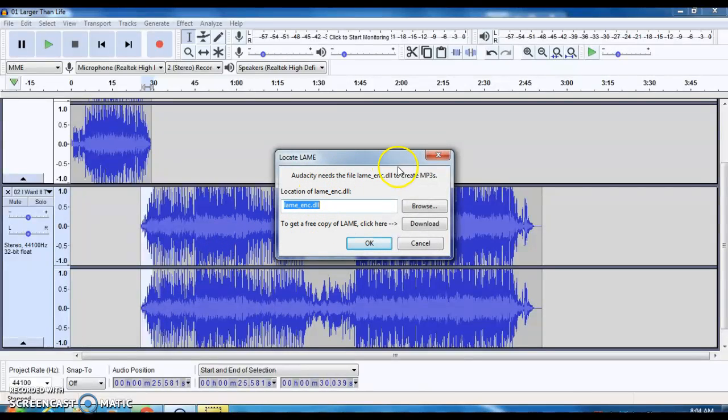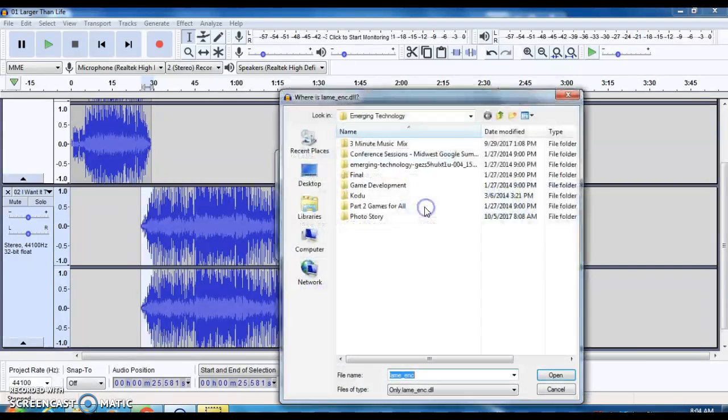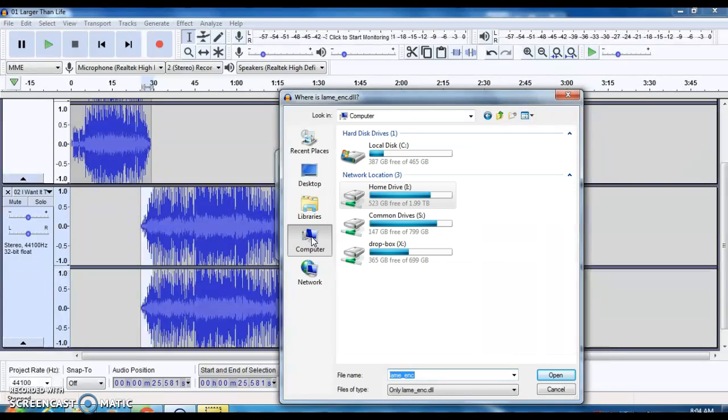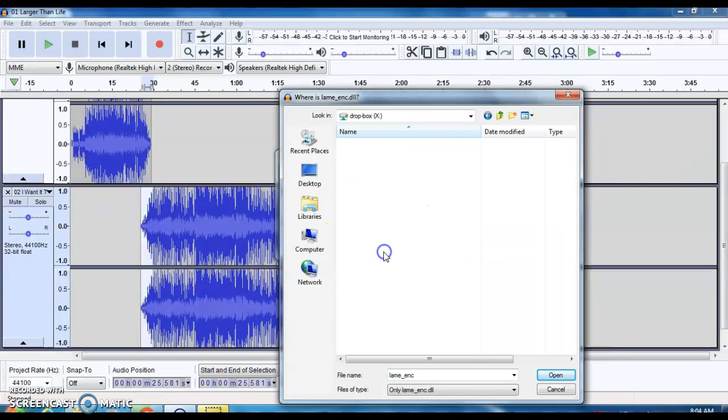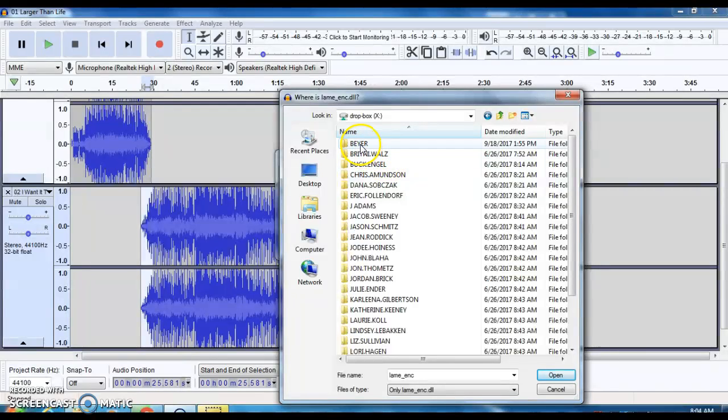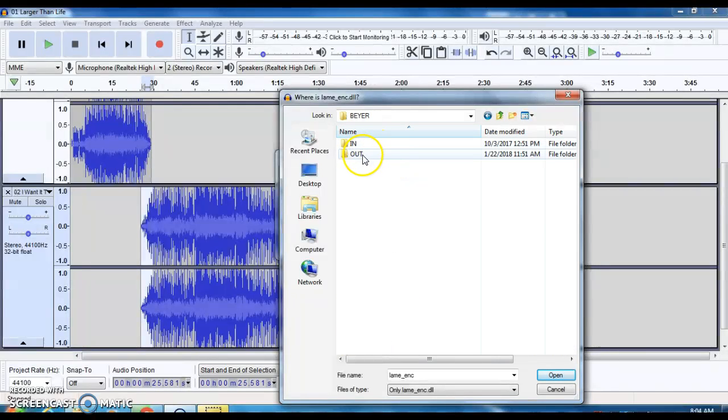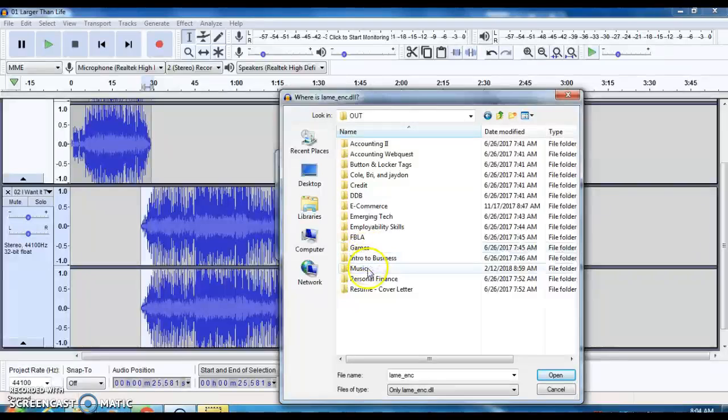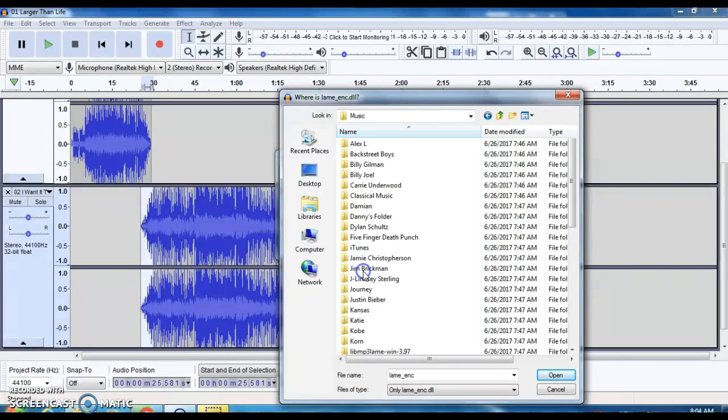And then you will be prompted here. What you need to do now, do not press OK. You're going to have to find this file. So go to Browse. Then we're going to go to Computer. We're going to go to Dropbox. We're going to go to Buyer Out. Music, so the same place we found all the music, but now you're going to look for that specific